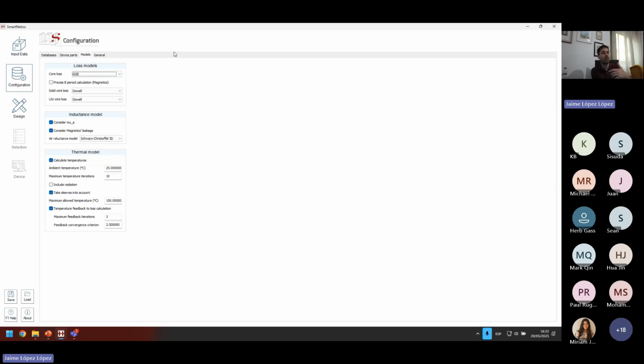For example, because they already have a design done with another model and they want to check if our results are the same, or because they know that in some cases a very fast model, something that has very few calculations, is enough, so they can increase the speed by reducing the accuracy a little. Everything, if they want, they can change. As I was saying, by default, the most precise ones are selected.